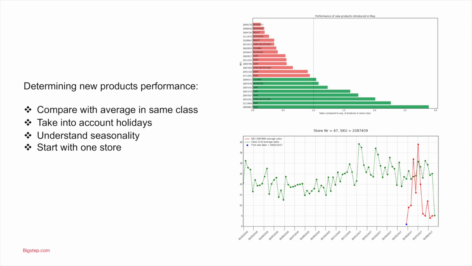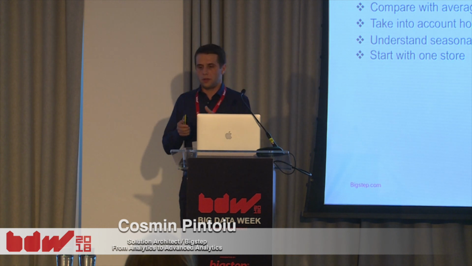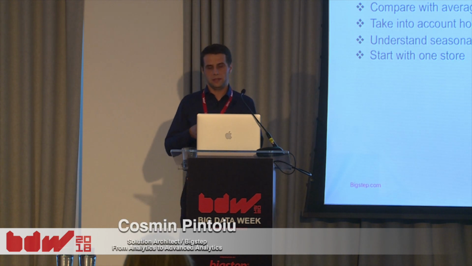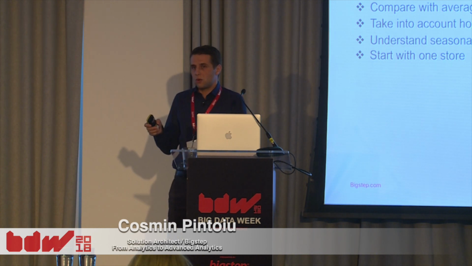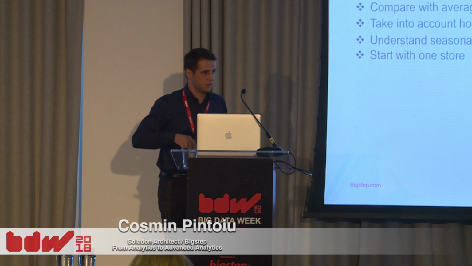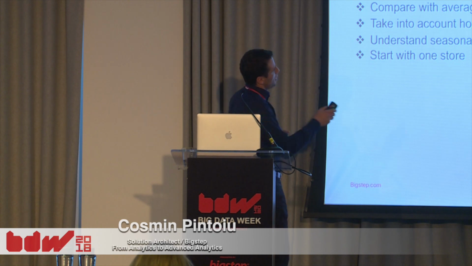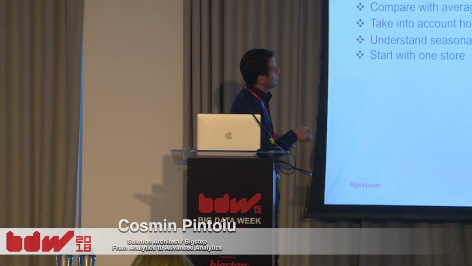So determining the new product's performance was the idea behind it, for stores that introduce a new product and keep it for, let's say, 2 or 3 months and want to see how performant it is, because it might be more than one in the same class. So we introduce it in 2 or 3 stores, but we have to understand which one will fit best for the rest of the districts or zones. So one of the easy ways here was to compare it with the average sales class, which is this right here. And we can easily identify the top performers.